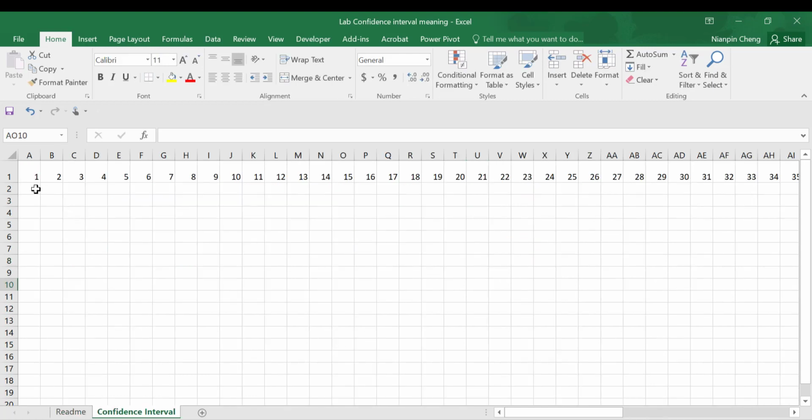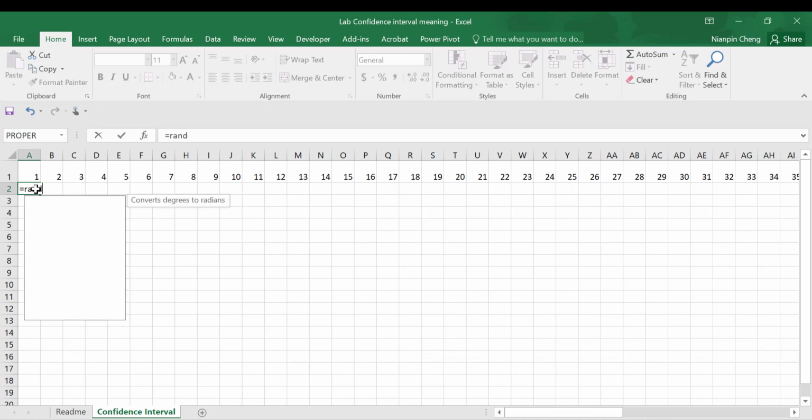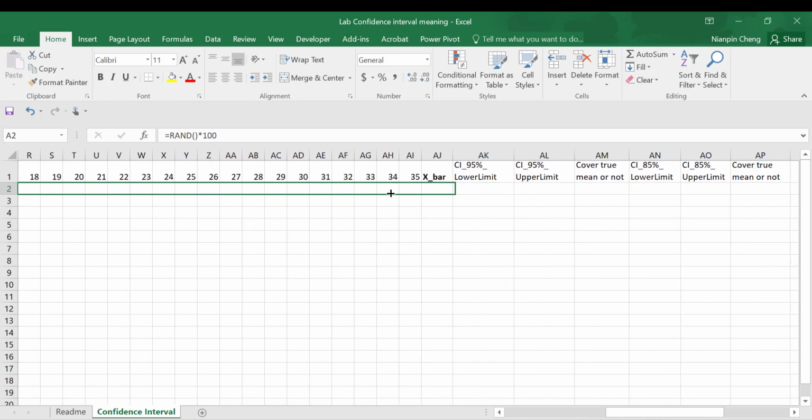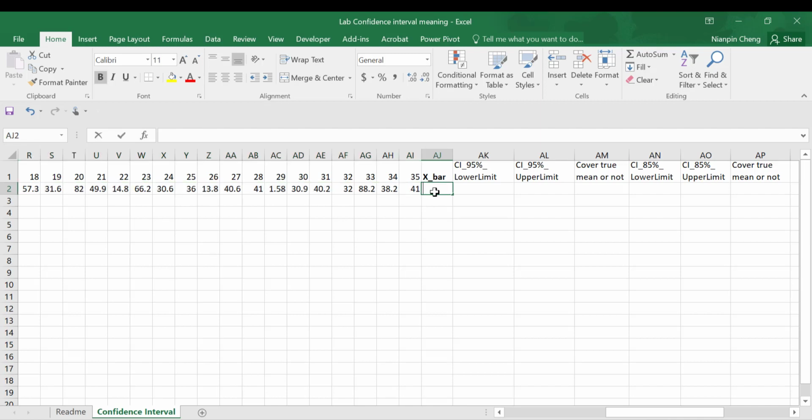So we generate a random number, multiply by 100. So you will have a number from the uniform distribution randomly between 0 and 100. So we generate this, and this is one sample. Sample size is 35. And then we have X bar, the average